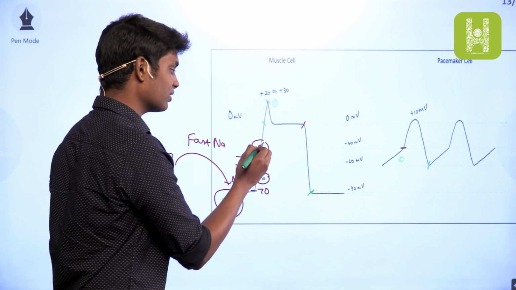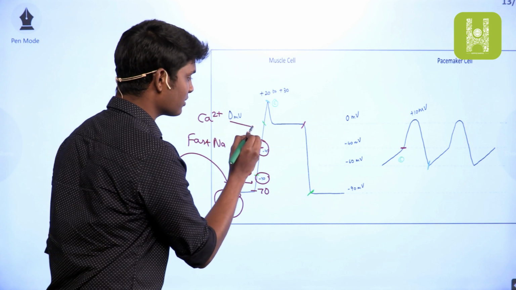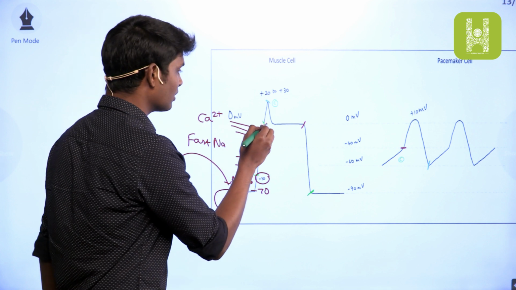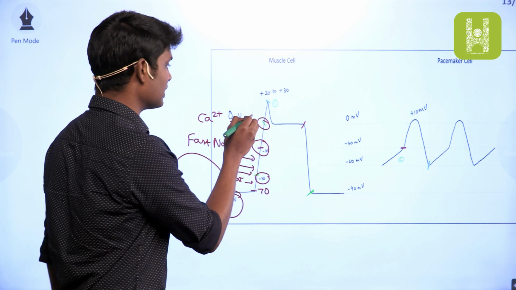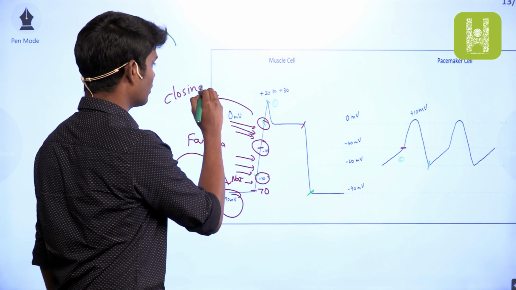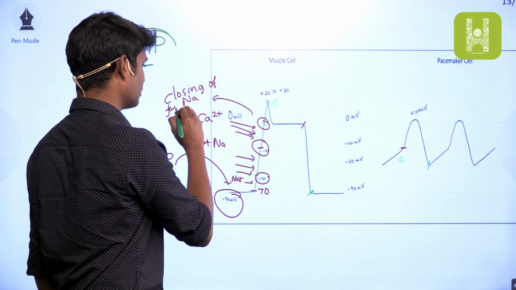At minus 40 millivolt, there is also opening of calcium channels, so that calcium also flows inside the cell, and when it reaches 0 millivolt, there will be closing of the fast sodium channels,